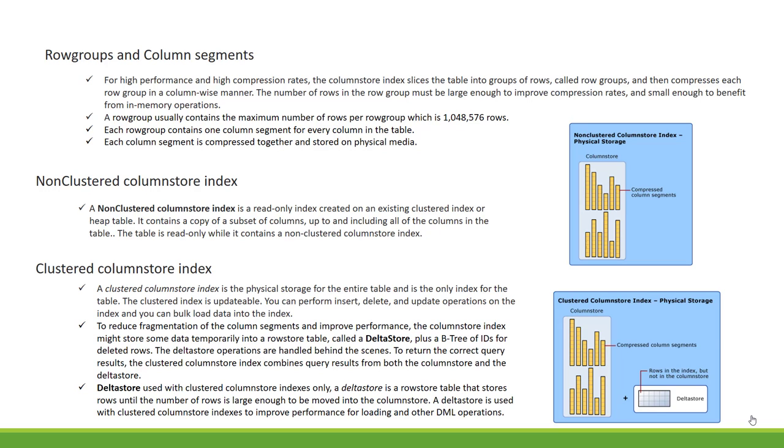When we compress the data in the row group, it is required to store the data in order. Each row group by default will contain one column segment. The column segment is the column of data from that particular row group. So each row group will contain the column segment, and the column segment will define the column of the data